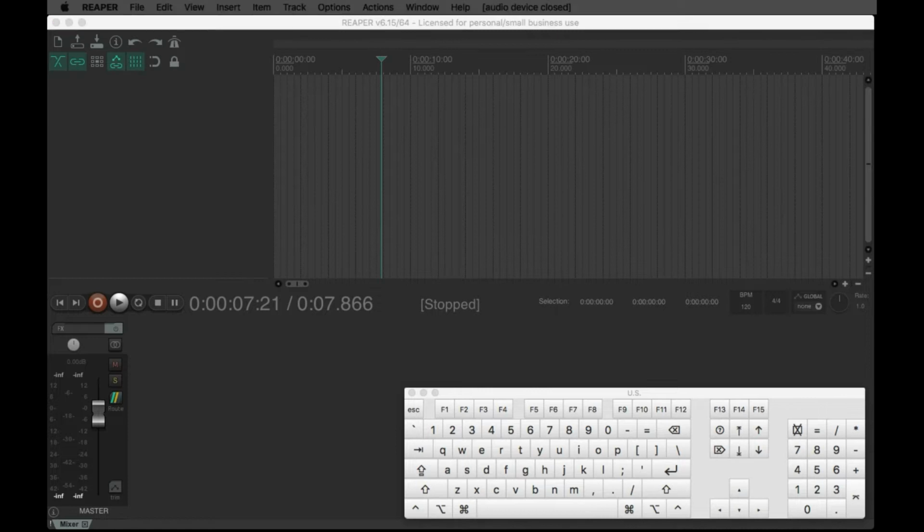Everybody. This is the first in a series of short tutorials where I want to introduce you to the Reaper digital audio workstation application that would be quite useful not only to edit audio, but as we progress through the tutorials, I'll show some basic video processor tools that may help you do some video editing and rendering in case you are not very familiar with Premiere or other video editing programs, or you have a project that has